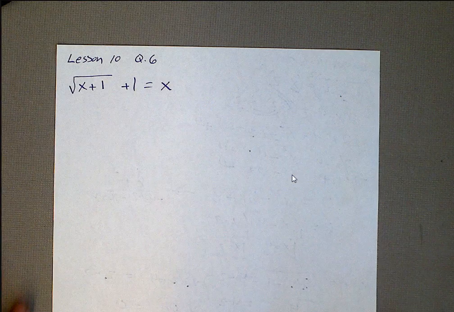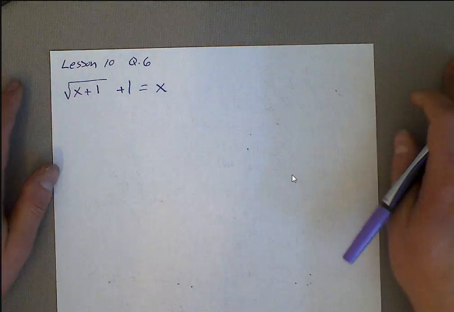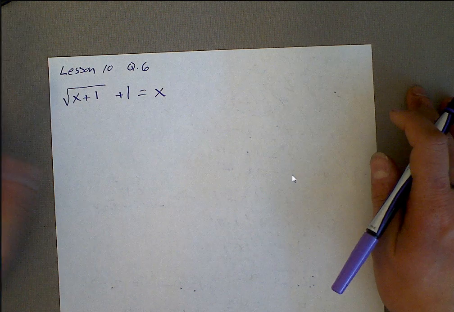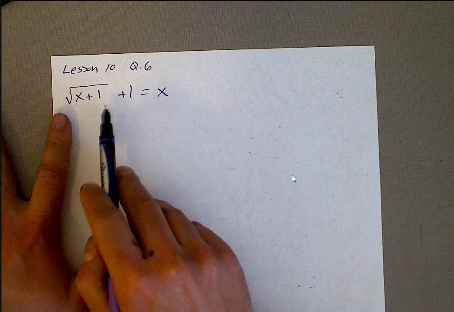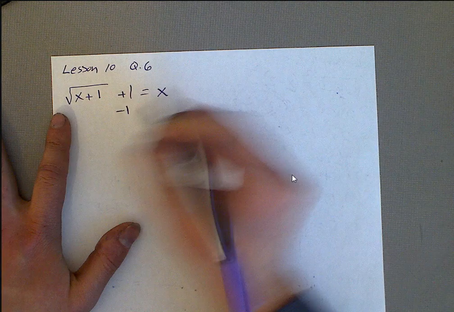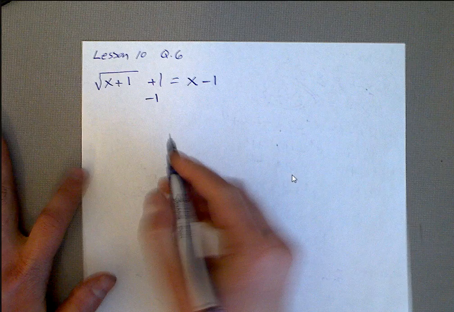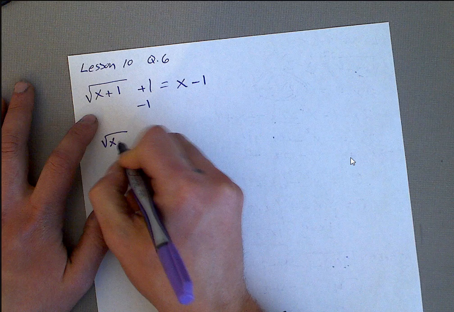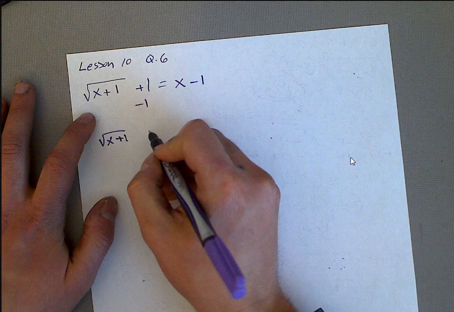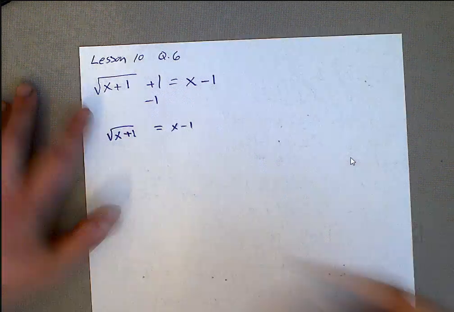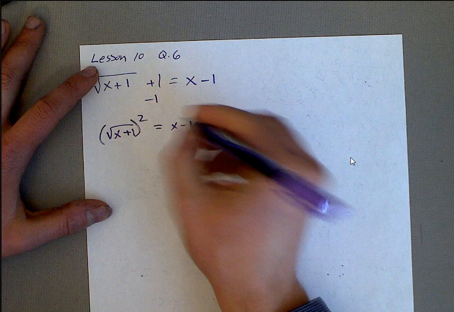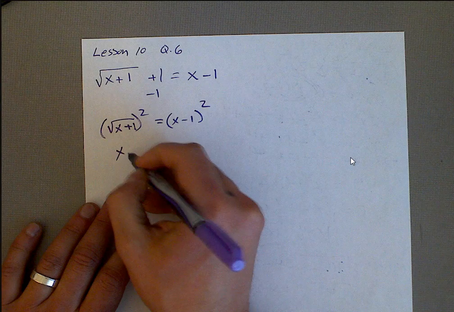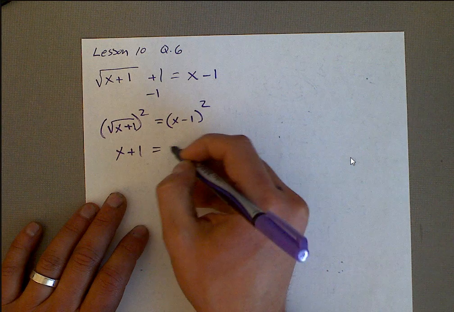Okay, another one I'd like to look at is question number 6, because there might be a tricky part to this one, but let's kind of do the same process. Let's get the square root by itself by subtracting 1. So then we'll do square root of x plus 1 equal to x minus 1. Let's square both sides, which gives me x plus 1 equal to x minus 1